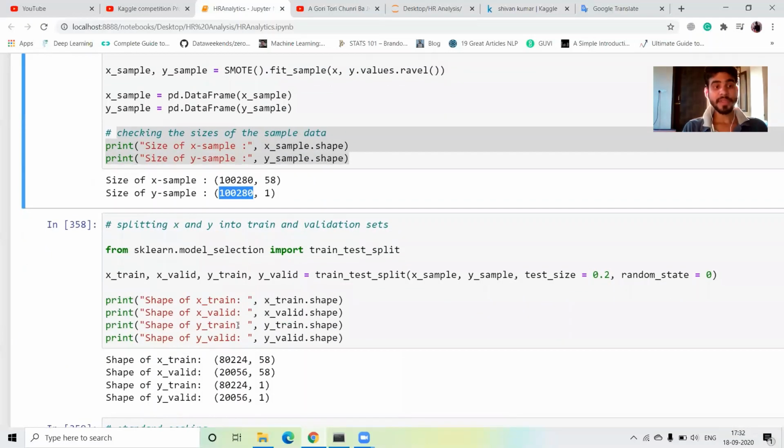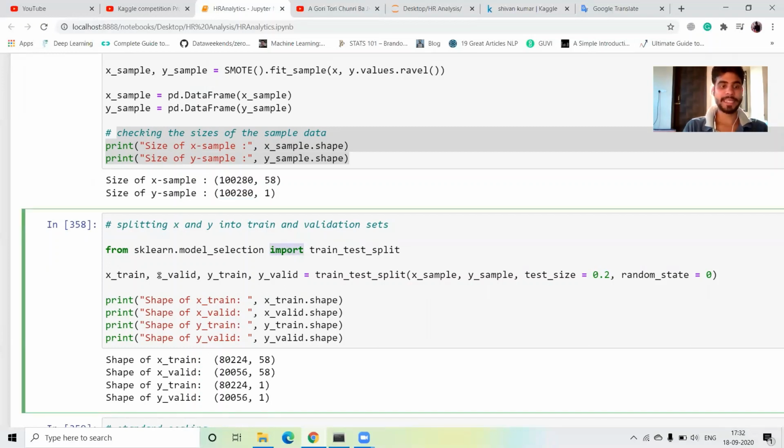Next, we have split our data into training and testing parts. I import train_test_split from sklearn model selection, and X_train, X_valid, Y_train, Y_valid from train_test_split. I take as input X sample, Y sample, test size, defining our data set into 80% training and 20% testing, and random state equal to 0.